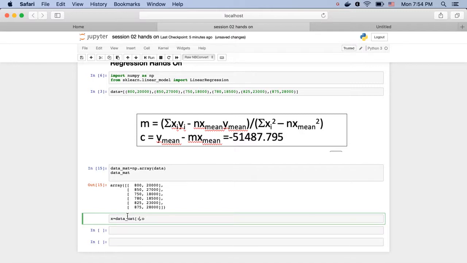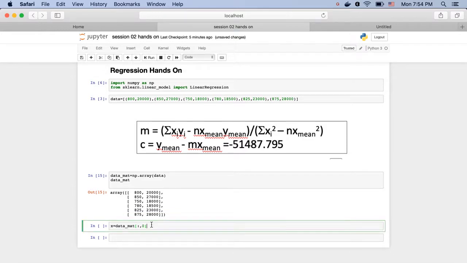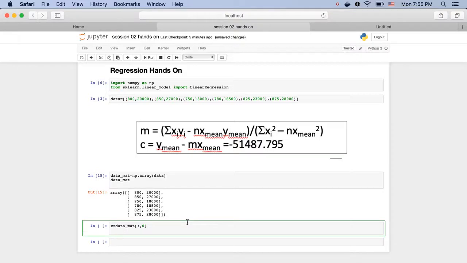As I said earlier, you can also give a range, like row 2 to 5 on column 0, but here we will just do all rows. There's some problem with this cell. Let's remove it, put it over here. Okay, next, and y is all rows in column 1. Okay,